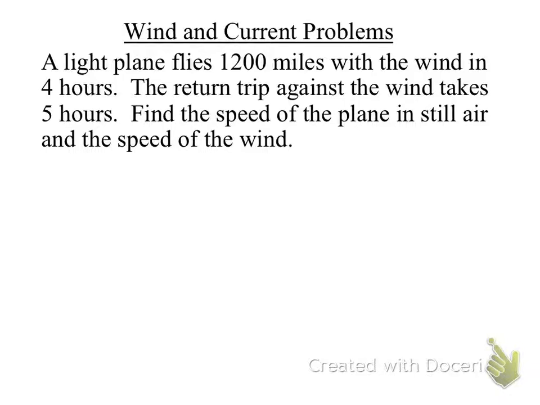The speed of the plane plus the speed of the wind. So there's two things you have to think about. In the wind: A, the speed of the plane, and B, the speed of the wind. In the water, you have to think about A, the speed of the boat or the jet ski, and B, the speed of the water, sorry. Now,